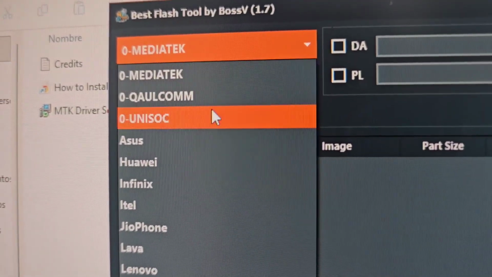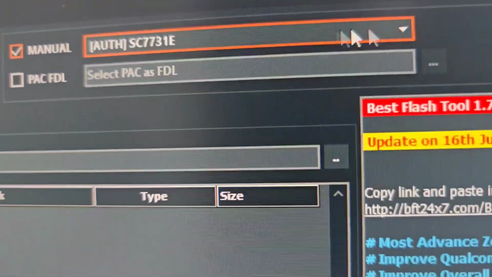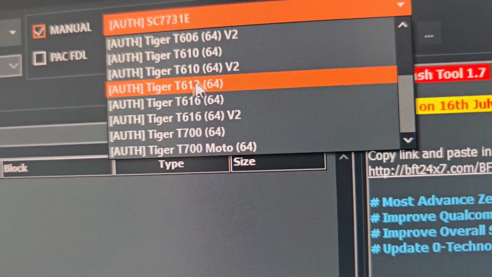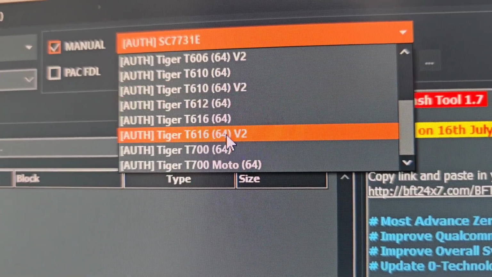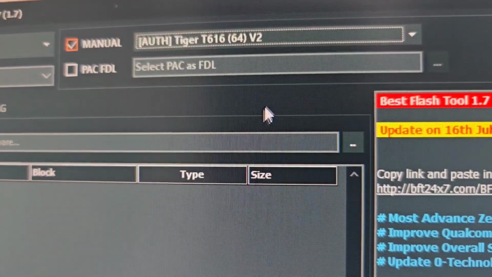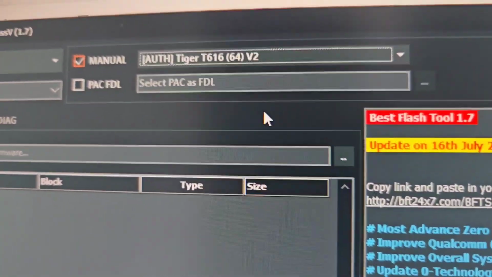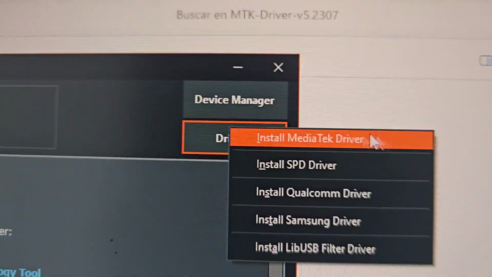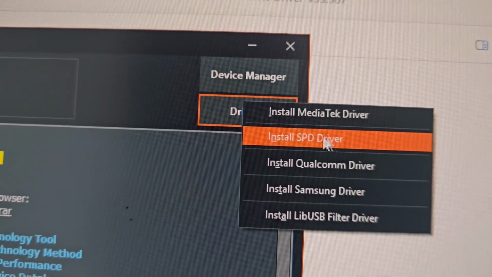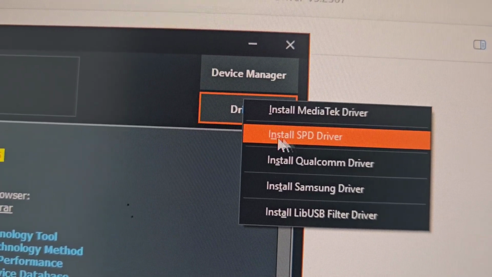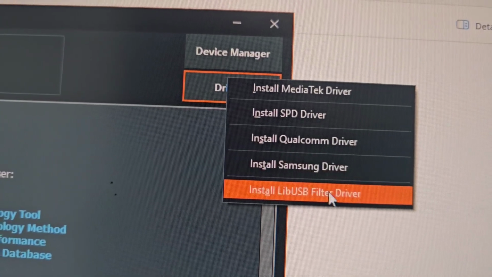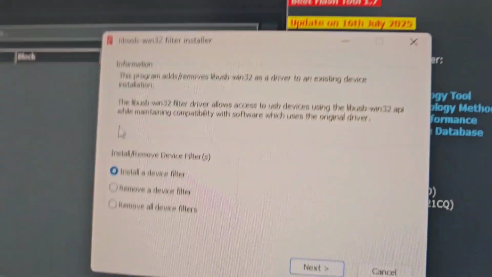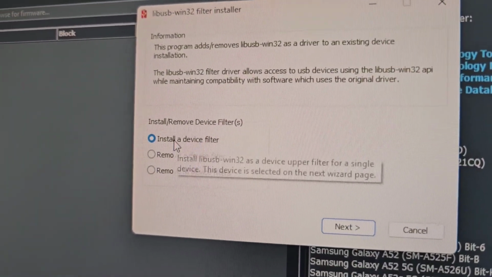Today we're going to use a Unisoft processor. We're going to use this down here, and we'll use this option that says T6, T61664B2. We'll use that one for those people. Okay. I'll explain in a moment. We're going to click here on the drivers. We install this driver, which is the Qualcomm processor. Unisoft. We also install this one, which is good. And this last driver, which is very good. This last driver allows us to identify if we have the drivers installed. As we know,